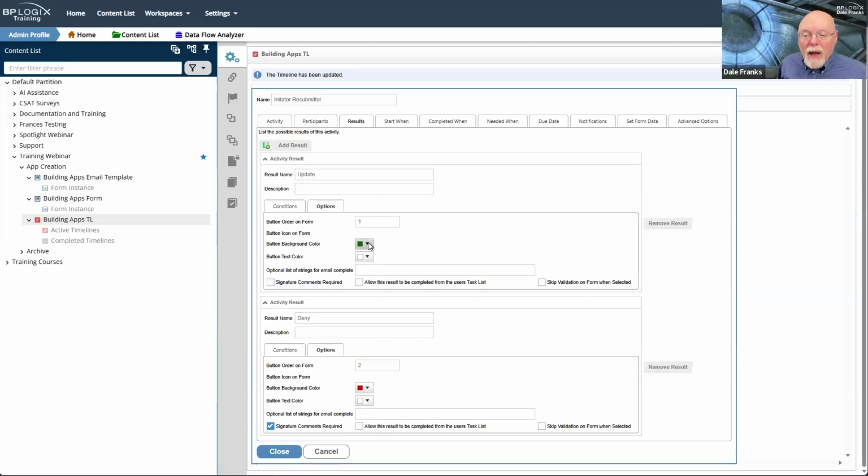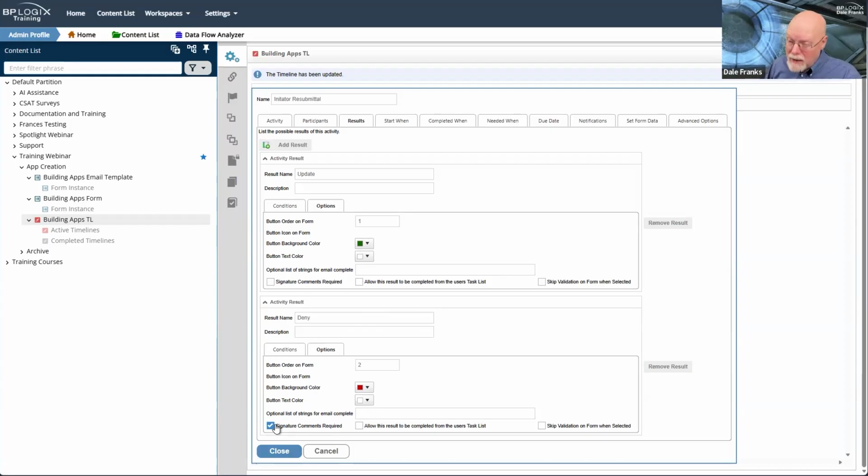So if I choose update, I will not have to leave a comment. However, it will not allow me to choose deny until I have added a comment. In fact, if I try to use deny without adding a comment, it will simply cause a validation error, and it will tell me you have to supply a signature comment before you can deny your own result.